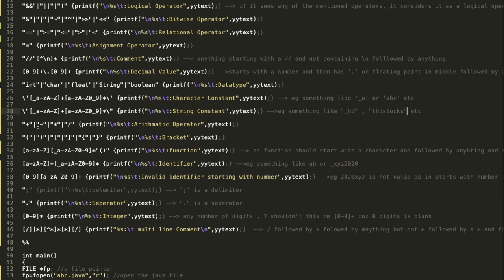Then if it comes across plus, minus, into, divide, this is an arithmetic operator. If it comes across an open bracket, close bracket, square bracket, or a curly brace, then it's a bracket. If it is